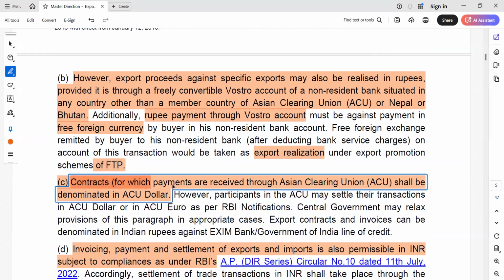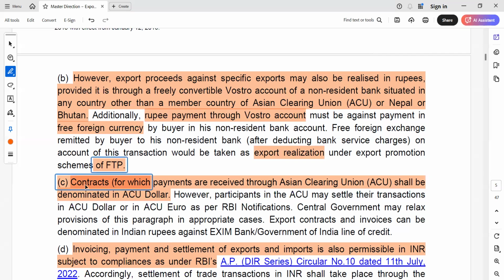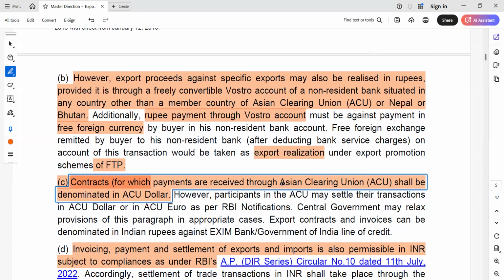Okay, contract for which payments are received through Asian Clearing Union shall be denominated in ACU dollar. However, participants in the ACU may settle their transaction in ACU dollar or ACU euro as per RBI notification. So, जो भी कॉन्ट्रैक्ट्स हैं फ्रेंड्स जहाँ पे पेमेंट जो है वो एशियन क्लियरिंग यूनियन के थ्रू आ रही है, तो उसे हम कहेंगे एसीयू डॉलर और एसीयू यूरो। ओके, as per RBI notification, Central Bank, Central Government may relax